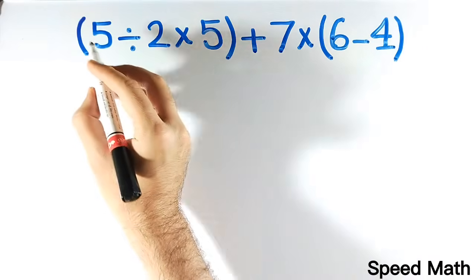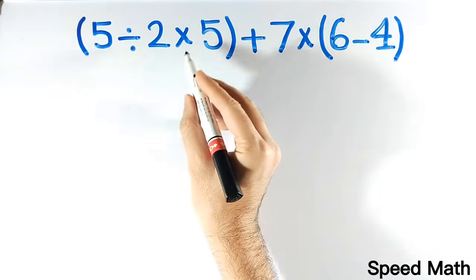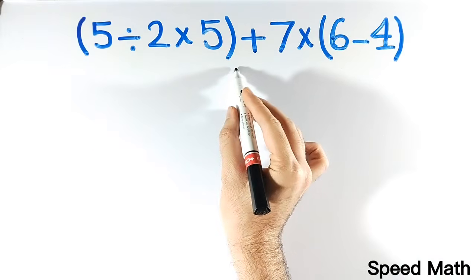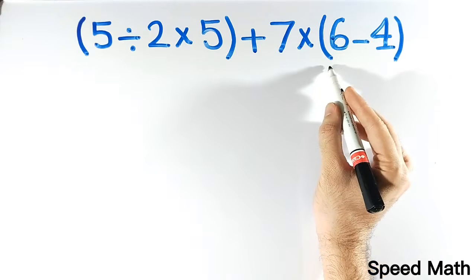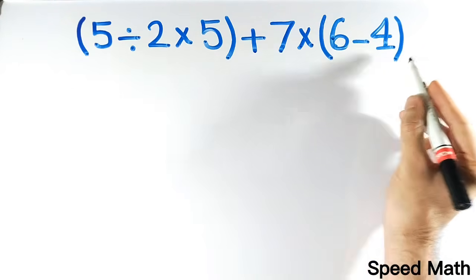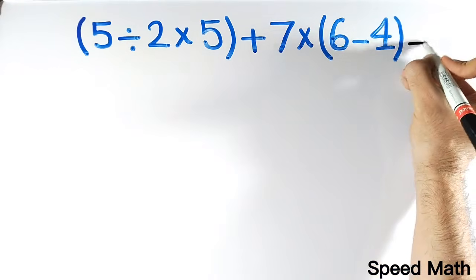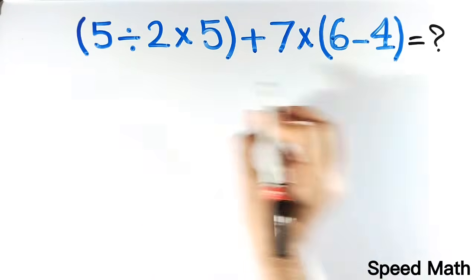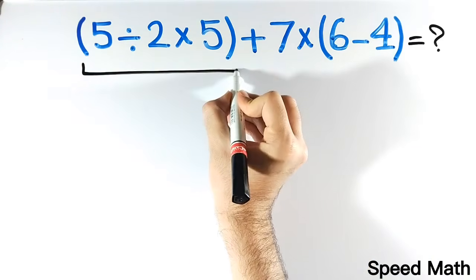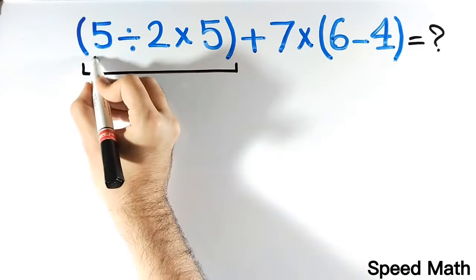If we have the expression 5 divided by 2 multiplied by 5 inside the parentheses plus 7 multiplied by open parentheses 6 minus 4 close parentheses, then what is the correct answer of this question? Many people when solving this question go straight to the expression inside the first parentheses and start with the division